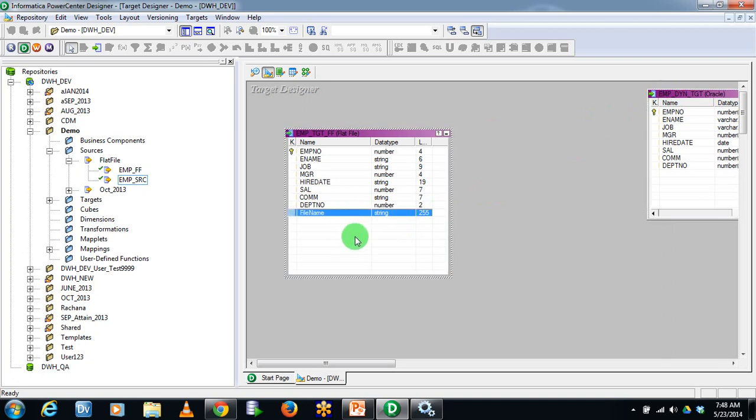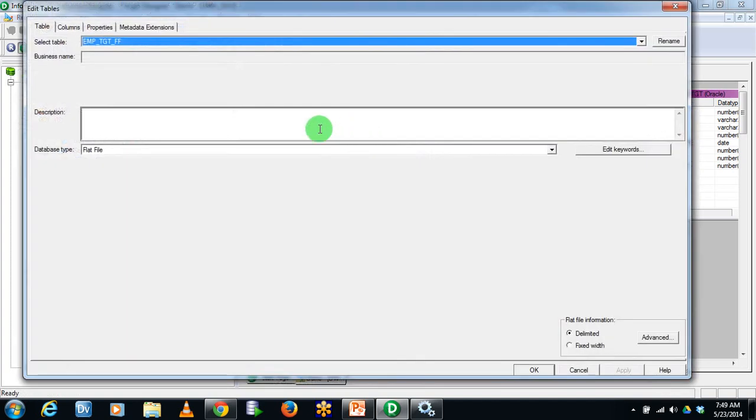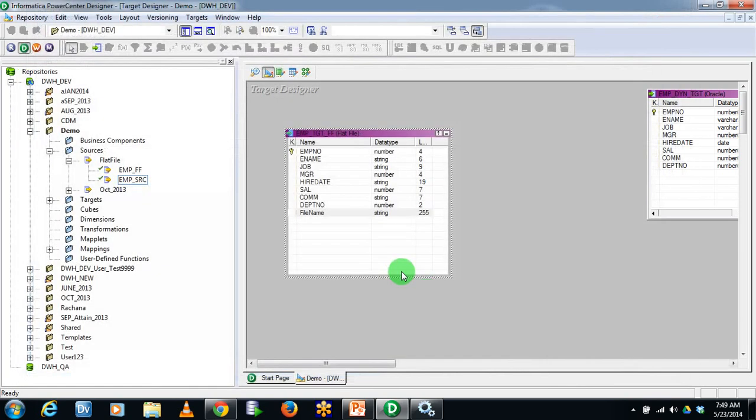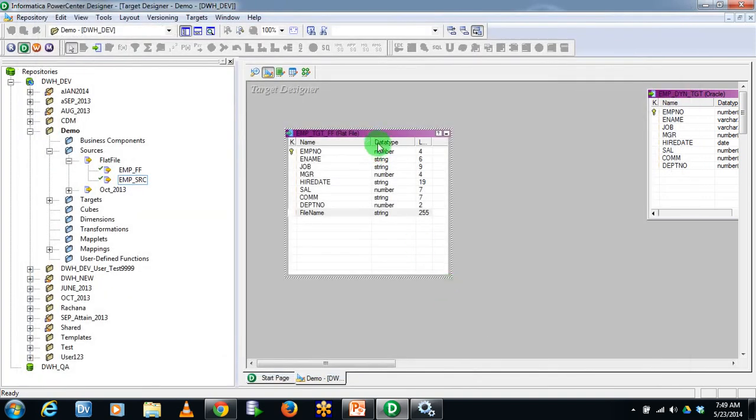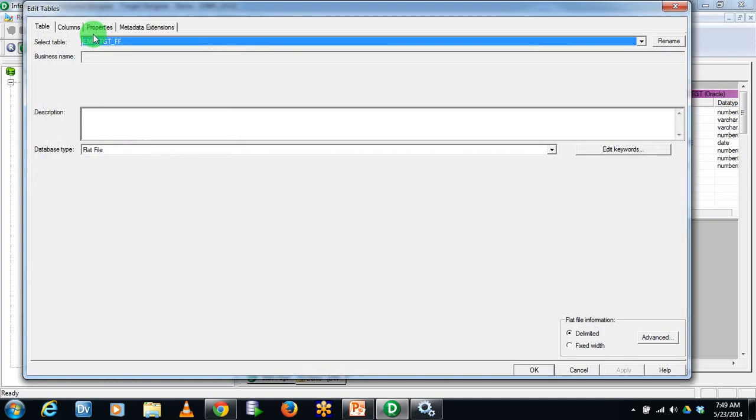here called file name. How did I add it here? The file name attribute is an option which comes up in your target columns. So what did I do? I'm in the target designer. I double clicked on the file. This was imported earlier for another example. So in the columns,